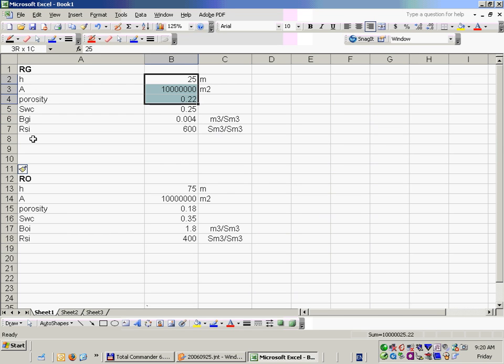I'll teach you some good spreadsheet practice. Everything that you input in the way of data is in red, so I know next time if I come back next year to teach this same course, I don't have to remember. Everything in red in my spreadsheets is what I have to input. I don't want to make this red because this is linked up to here, right? Now it could be different. Maybe we should have it as red because it could be different for the reservoir gas and the reservoir oil. Okay? So I'll put it as red so I know it's input. So now we're going to calculate